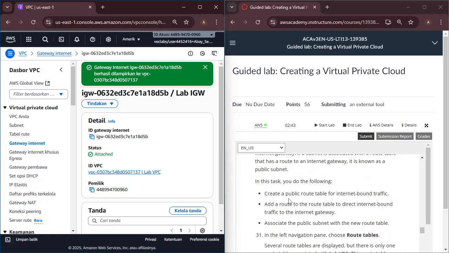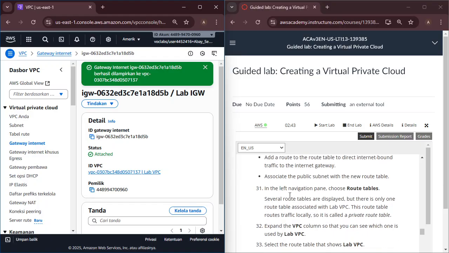So in this task, I will do the following: one, create a public route table for internet-bound traffic; two, add a route to direct internet-bound traffic to the internet gateway; third, associate the public subnet with the new route table.